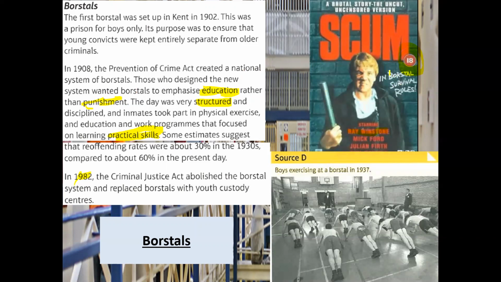Speak to your parents about it, okay? It is quite violent and quite offensive. Even for an 18, it's quite unpleasant. So please be careful researching this topic, okay? Don't go rushing out and watch this without speaking to your parents first. The chances are they will say no, and quite rightly so, it is not something that young people should be